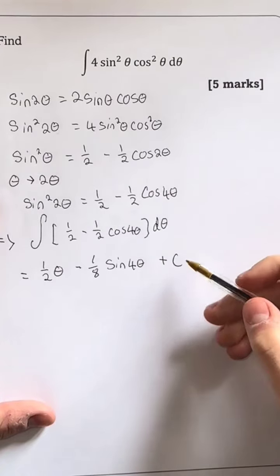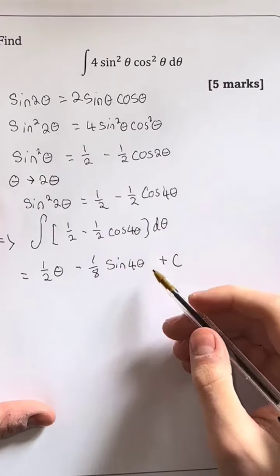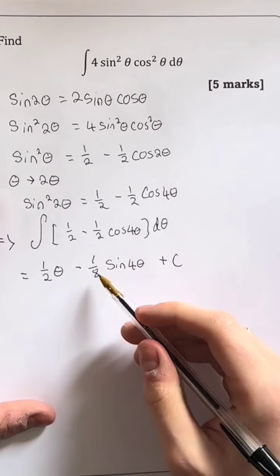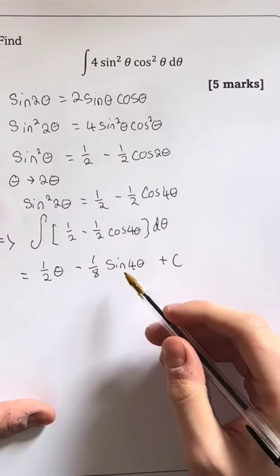And always check, just to make sure you've done this part of the integration correctly. Just differentiate this term by term. So we get 1/2 minus, and then the 4 comes out. So we have our 1/2, and then the minus sine theta